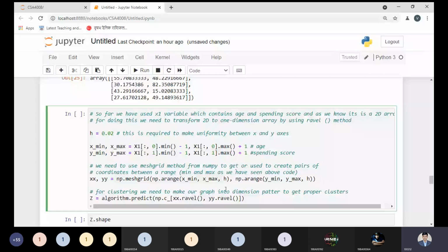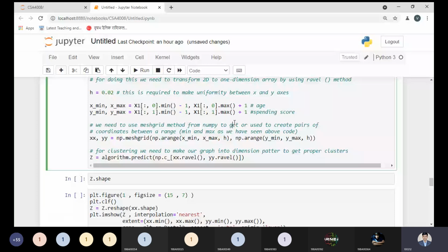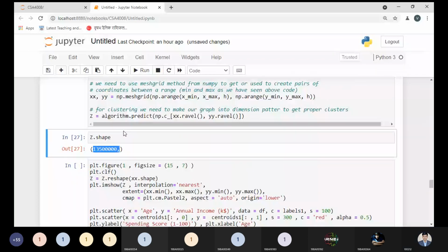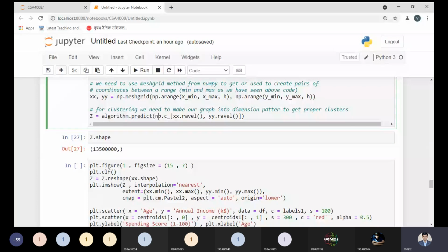And I'm printing something over here. So let me run this code right now. Now you will be able to see what value is held by the Z variable. So that's why I've written this over here. And let me print the size of Z. This is the biggest size, because it contains the information along with each and every X value. So in dimension pattern, it is holding the maximum value. But only for showing purposes I have given it over here. So Z contains the predicted information.